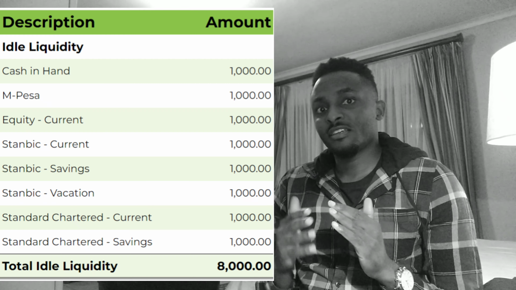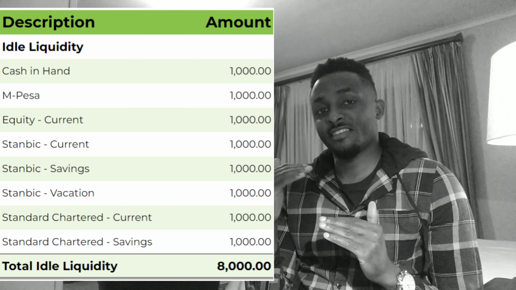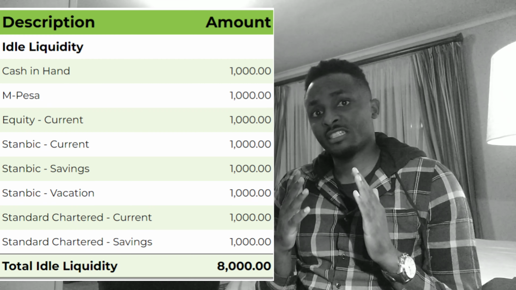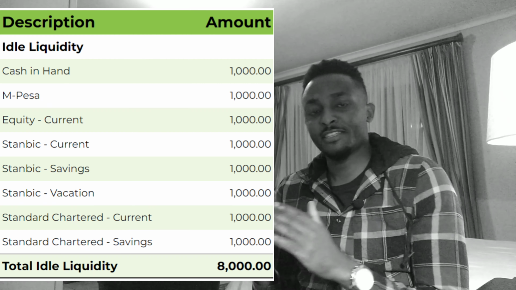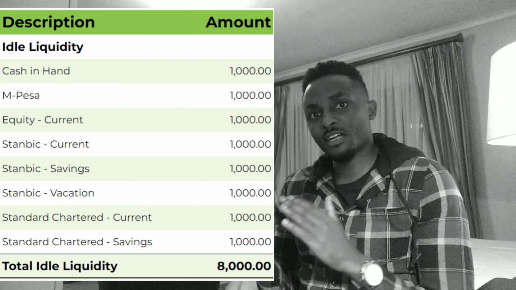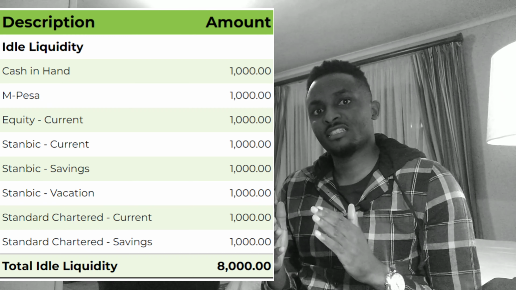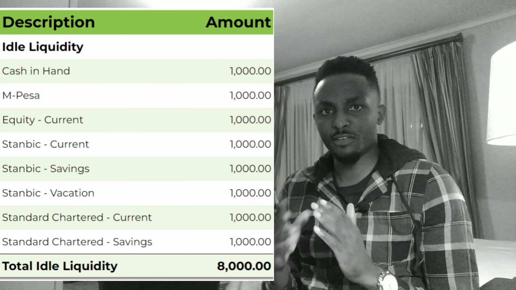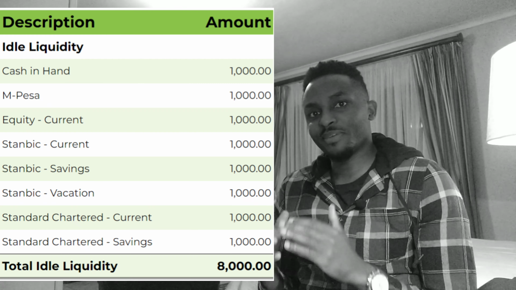As you can see, there's various sections, but today we're covering the liquidity section. You will note I have 3 bank accounts. The Standard account has both a current account and a savings account. The Stanbic account has 3 sub-accounts, a current and 2 savings accounts, one for expenses, one for vacations. We'll talk about that in a few. And then my Equity Bank,